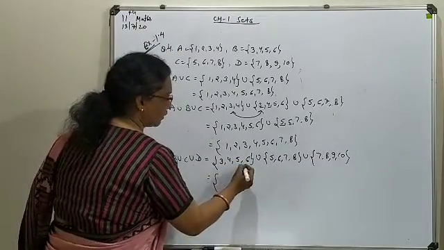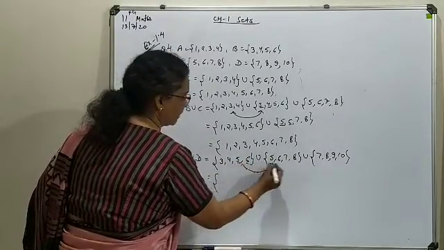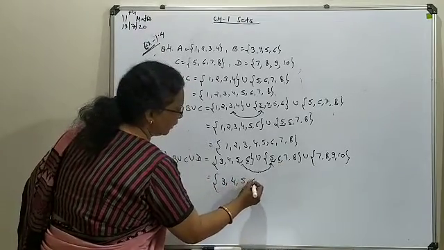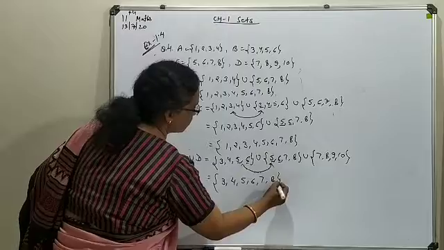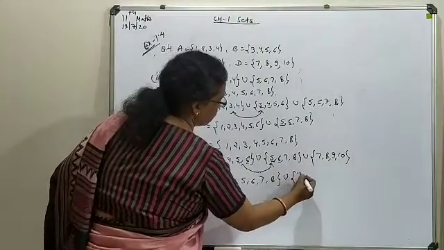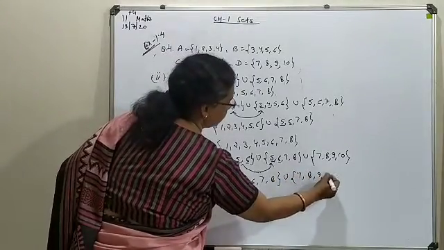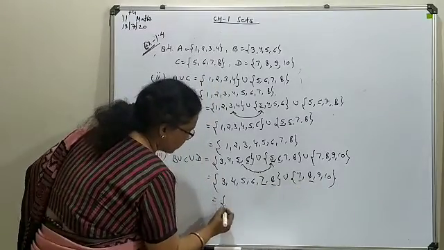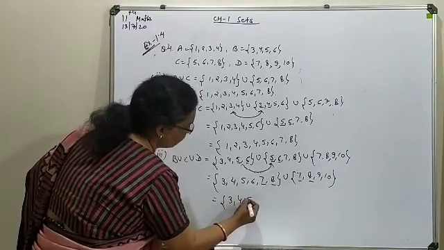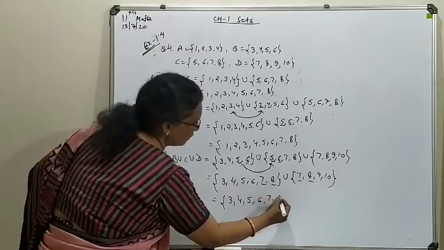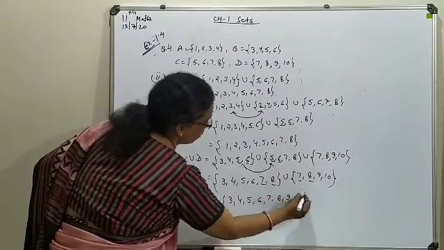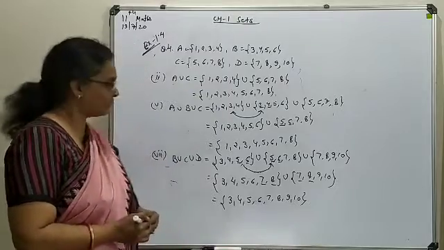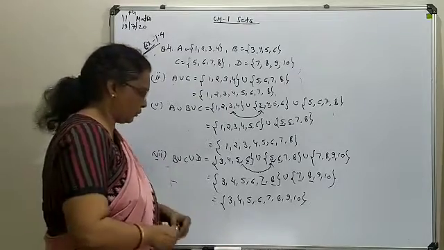So first again we are going to combine these 2, in which 5, 6 are common. 3, 4, 5, 6, 7 and 8. A repeating element, write once only. Then 9 and 10. Now 7, 8 are common, so write once only. 3, 4, 5, 6, 7, 8, 9 and 10. So this way the combination of 3 sets you can list out.